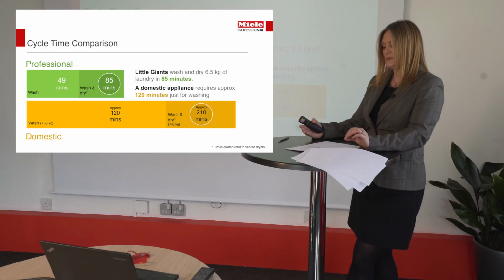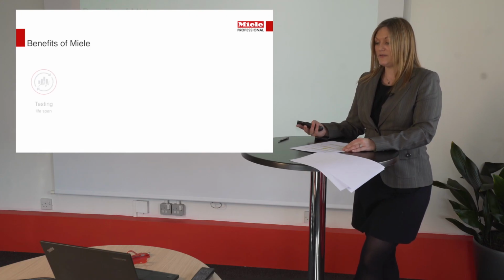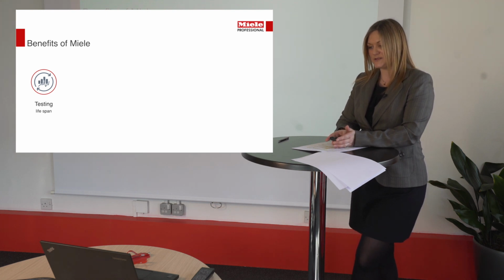You would be able to wash and dry approximately 2.5 times more laundry in a commercial machine in the same amount of time as in a domestic. Plus, it also complies with the regulations. This is important as it helps to reduce the amount of soiled laundry waiting to be processed and cuts the risk of infection spreading. All Miele Professional machines are tested to last 30,000 cycles for washers and 40,000 cycles for tumble dryers,